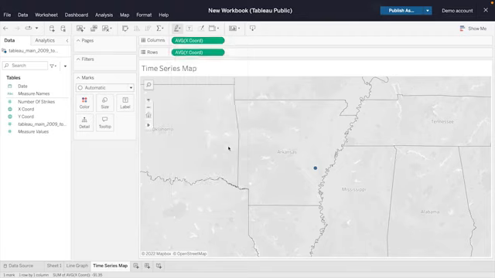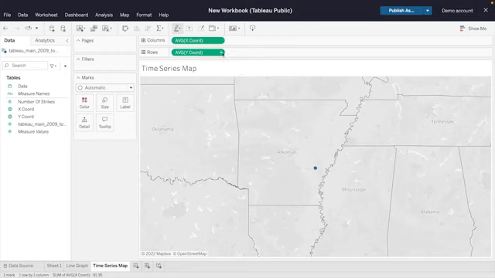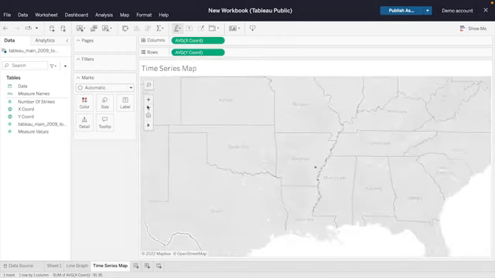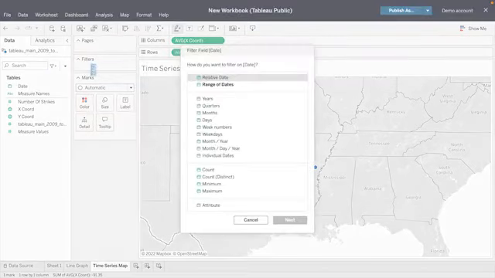Once you have the geographic map, click on the drop-down for both the x and y coordinates and select Measure, then Average. This will give us a manageable view of the average number of lightning strikes in the US for each year. Next, add the date discrete dimension to the filters and the pages fields. Select Year for the filter method.